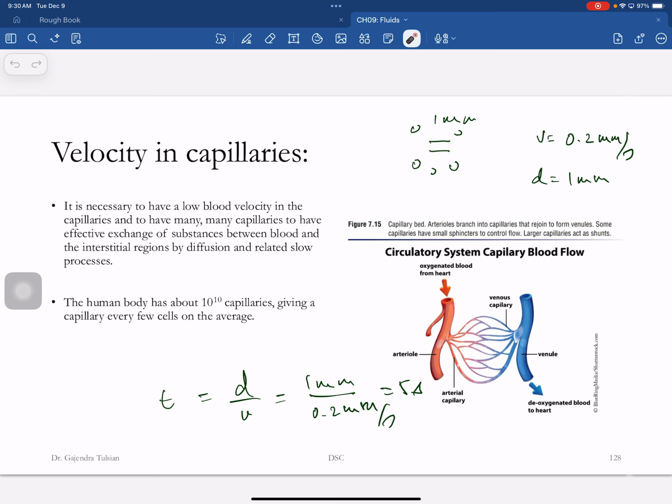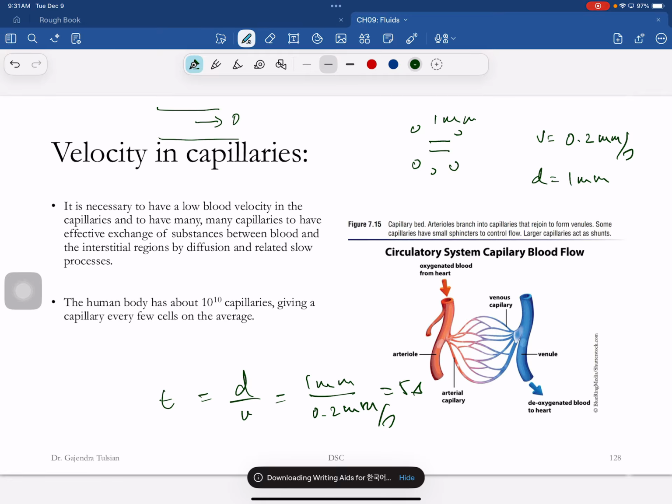So you guys might have seen 1 millimeter is about that much, 1 millimeter long. And there's a capillary, every capillary is catering to 4 to 5 cells. So the human body has 10 billion capillaries, giving a capillary every few cells on the average. Now, one of the problems we had to solve was we saw that blood coming out of the heart